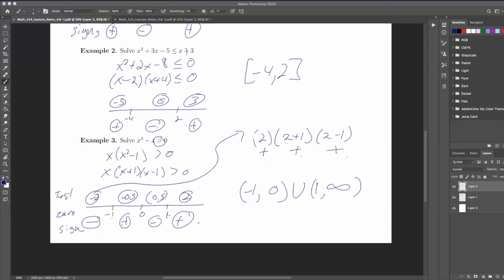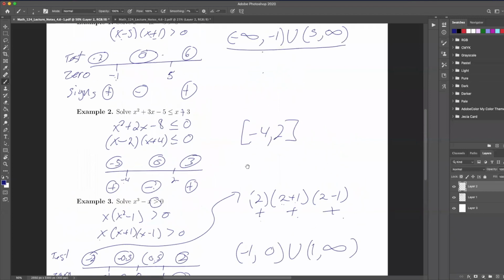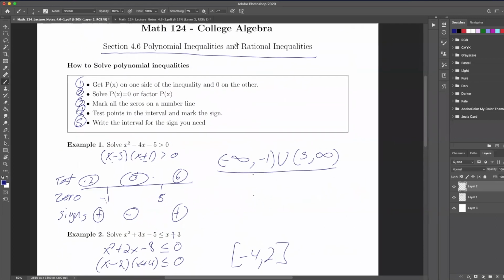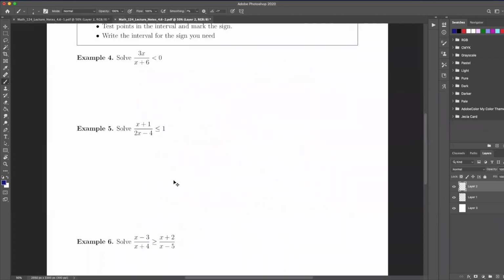So let's get to the next part of this. The next part is very much like this part. You just do it twice, and that's all there is to it. All right, so that's how we do these ones. So we're going to do the same thing now with